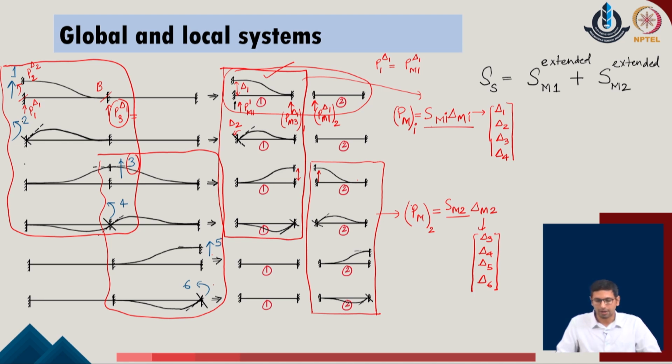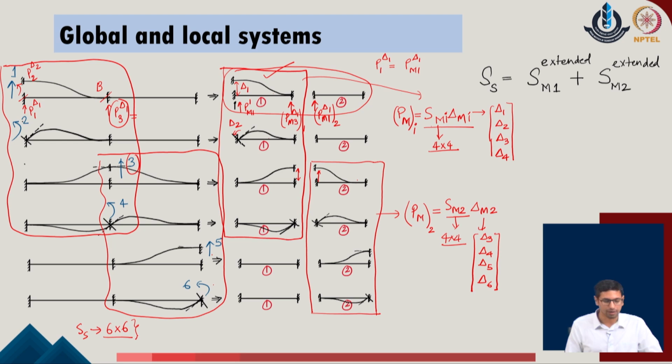Now, the stiffness matrix which we have identified over here is a 4 cross 4 stiffness matrix, which is of the size for the 4 degrees of freedom identified for the given member and its 2 ends. Similarly, the stiffness matrix for the member 2 also appears in the same manner, a 4 cross 4 stiffness system. The global stiffness matrix which we are looking to evaluate, the S of S, is attributed to 6 degrees of freedom in the given system. So, I can say that the original size of the S of S which is expected to be evaluated is 6 cross 6 in the given problem.